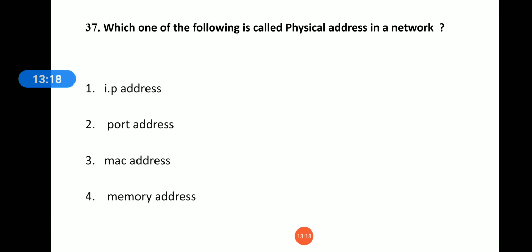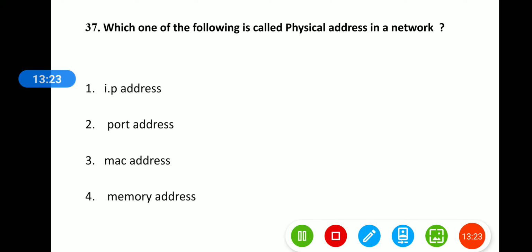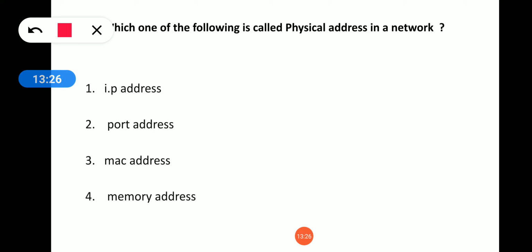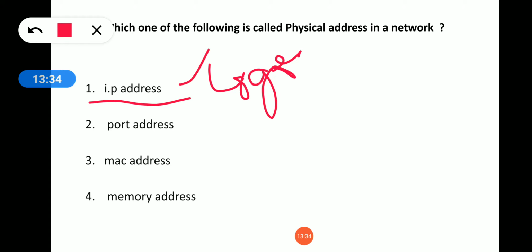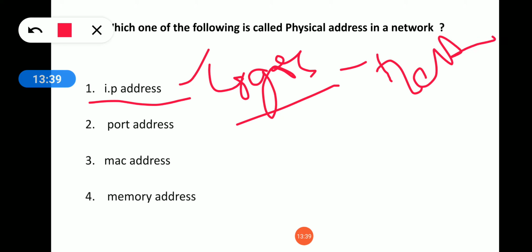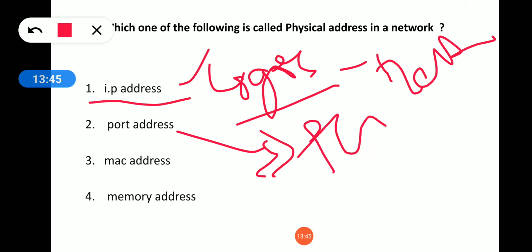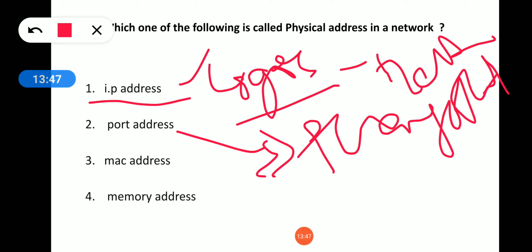Next question. It is also explained by me in previous videos. If you didn't watch that video, I will give you the link in the card box. Please watch that. IP address is the logical address used in, as I told earlier, the OSI model. Logical address, IP address, is used in the network layer. Port address is used for recognizing ports in the transport layer. Port address is also a very important question. Questions may be asked in any kind of manner, so you have to be ready.